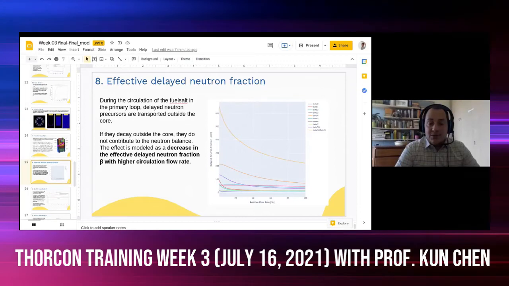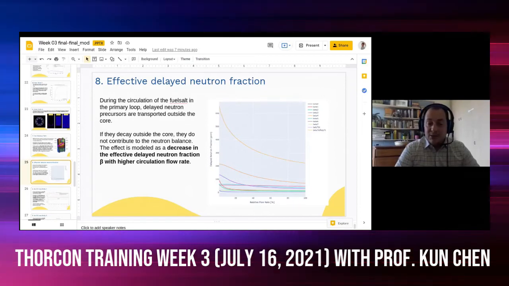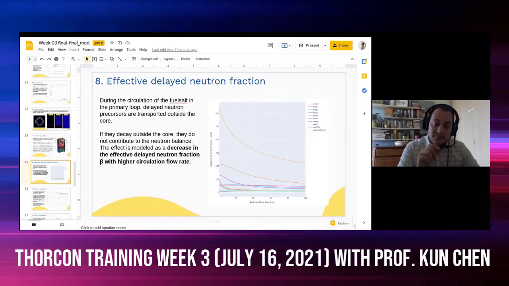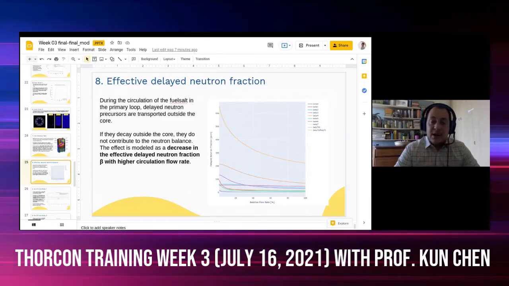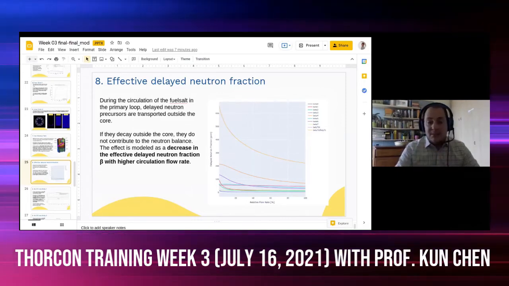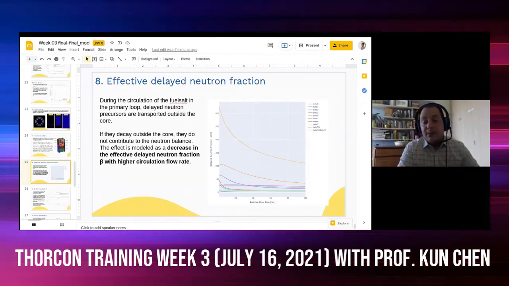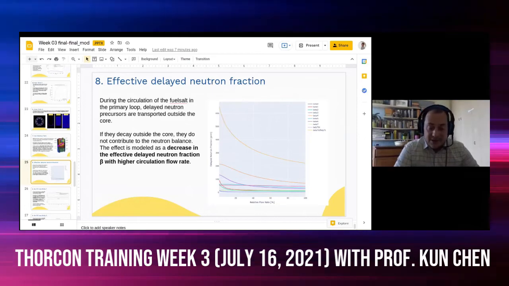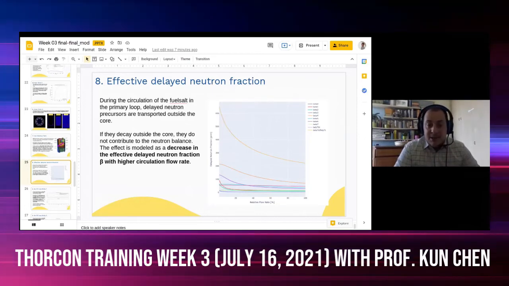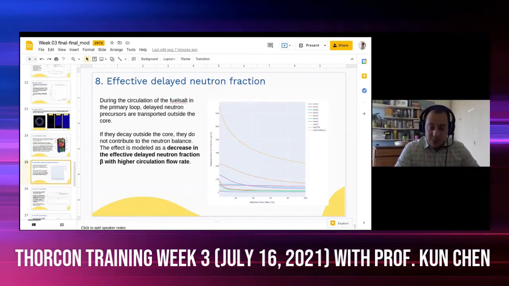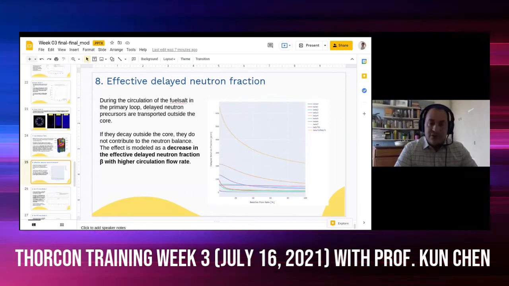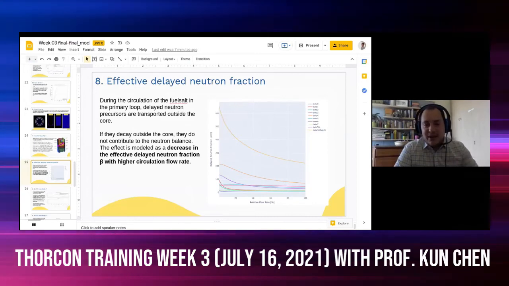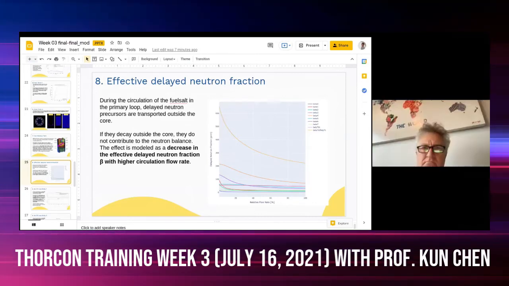So a large fraction of delayed neutrons is emitted by the delayed neutron precursors not in the place where they were created, not even in the core sometimes, but they might be emitted in the pump, in the other tank, in the primary exchanger, that is, in places where they are not able to contribute to the fission chain reaction. While this has a negligible effect on the neutron economy,